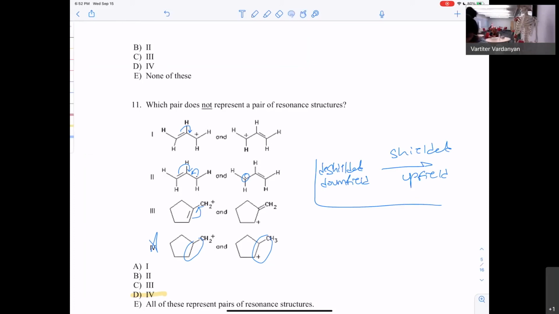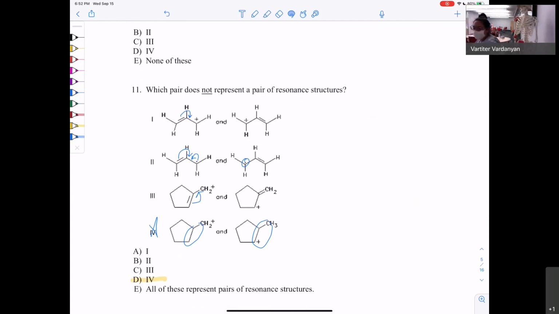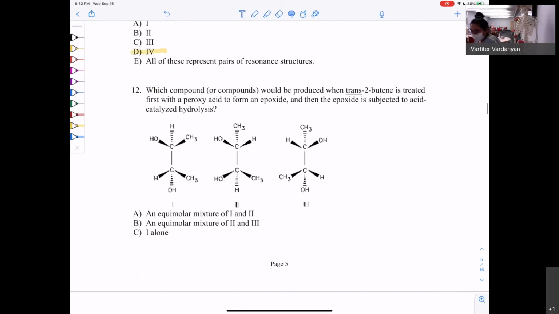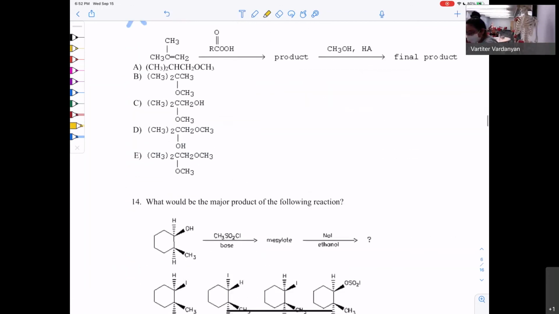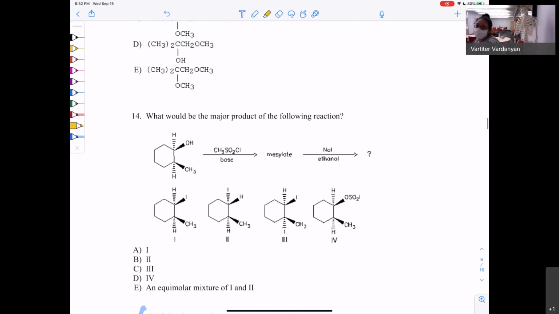You sound very stressed out. And nothing good comes from anxiety. So we're going to ignore this one. Number 12, we're going to ignore that one. 13 we're ignoring. 14 we can do. So